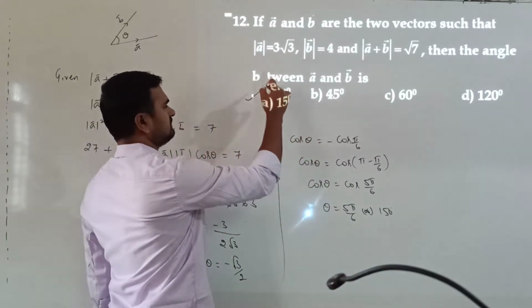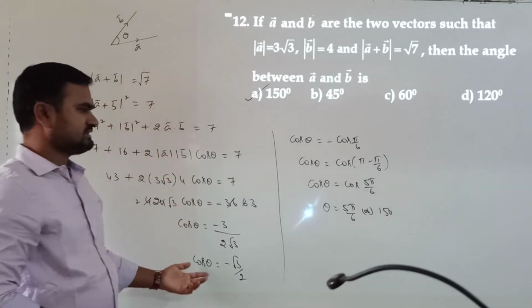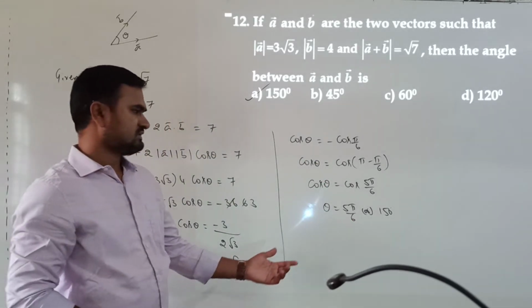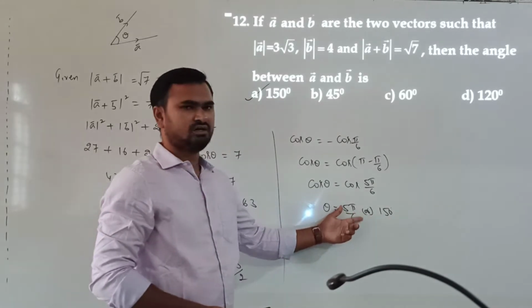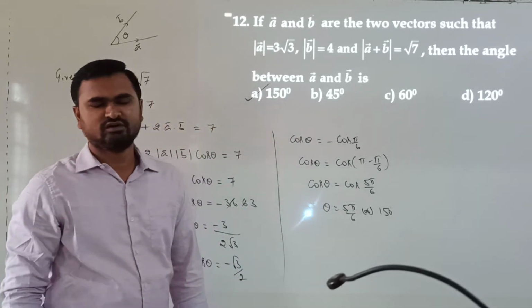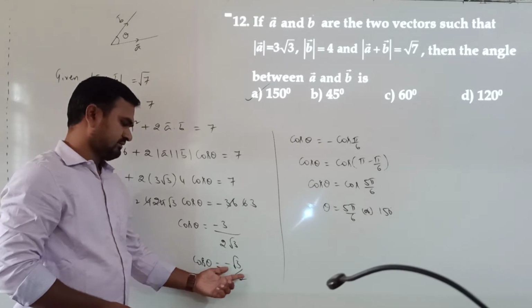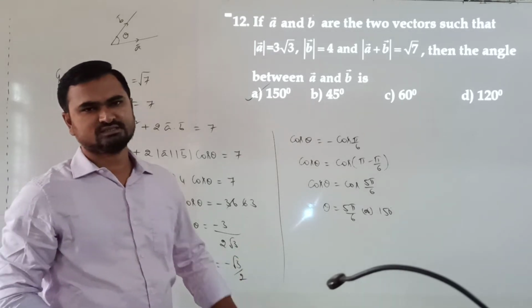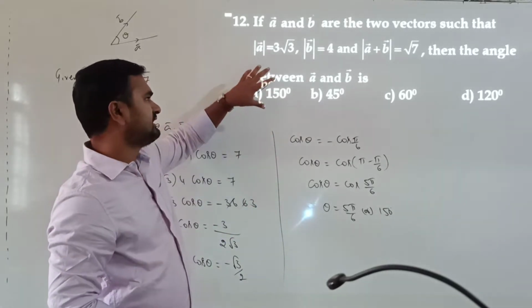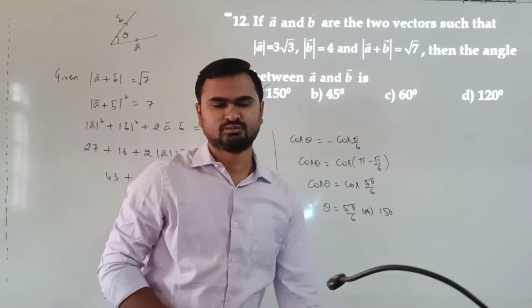So we can take the first option. Okay. So by squaring magnitude of a plus b, substituting magnitude of a and magnitude of b, and simplifying, we get the cos theta value. So here theta is 150 degrees or 5 pi by 6. Suppose this option is not there, in case 150 degrees is not there, then we take the acute angle between the two lines. Acute angle means cos is positive. So we take cos theta as root 3 by 2, so theta will be 30 degrees or pi by 6. In case this option is not there, we can take 30 degrees or pi by 6 as the answer. Okay.